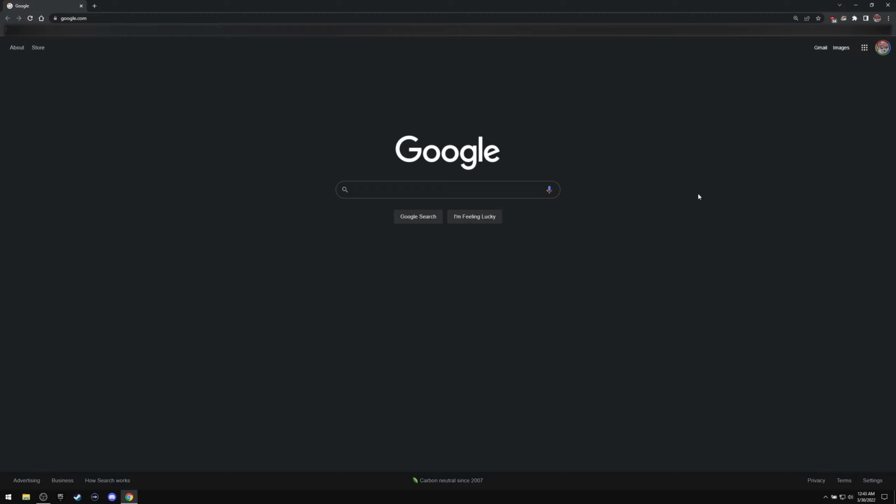I've already turned it on, but I mainly turned it on just because I couldn't stand having a white background in Google Drive when pretty much most of my websites were already default or set to dark mode or dark theme anyway. But all you've got to do is, in Chrome, go to the address bar, just type in